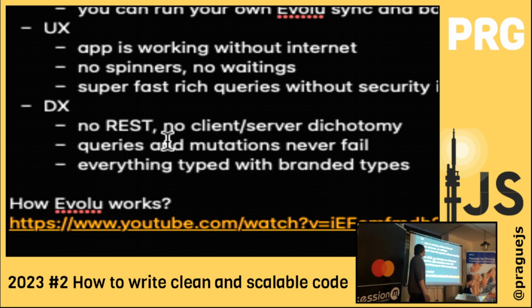Because you have a database and REST API in your browser, you don't need all those layers. And queries and mutations never fail. Why should they fail? There is no internet, no server. So